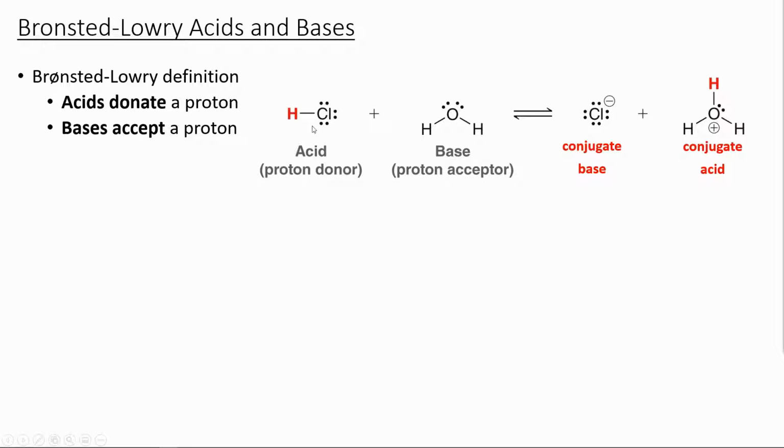The s orbitals on the proton are going to allow it to form a new bond with a lone pair from a different atom. Here we have a hydrogen-chlorine bond. The chlorine, very electronegative, right? It's sharing these two electrons with the hydrogen, but most of the electrons are being hogged by the chlorine here, which makes the proton, or the acidic proton, have the ability to form a new bond with a lone pair